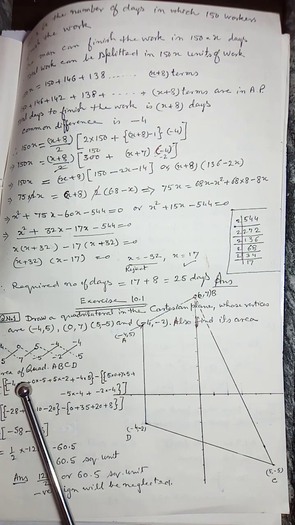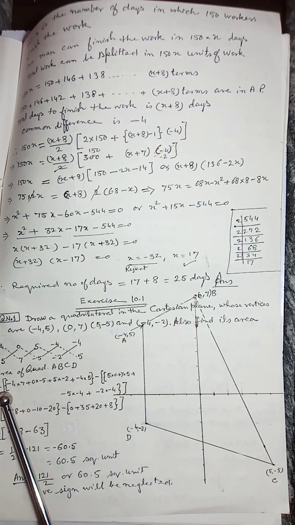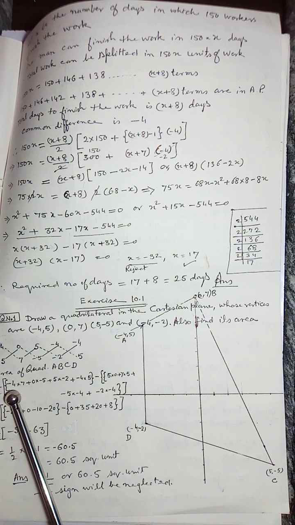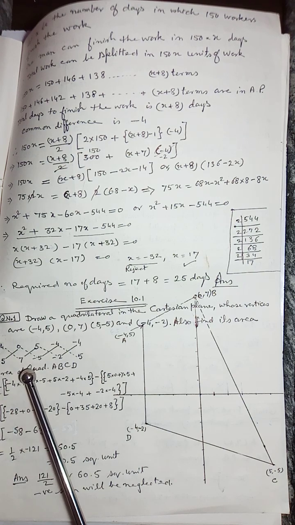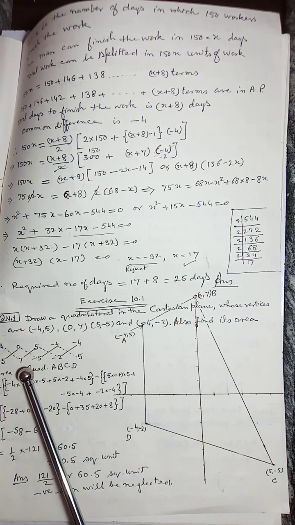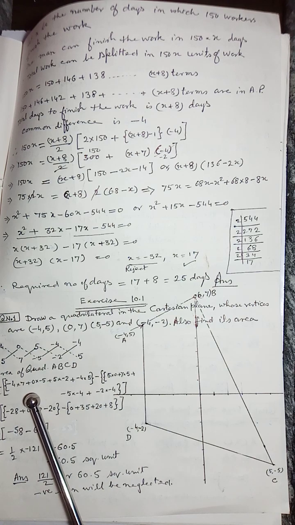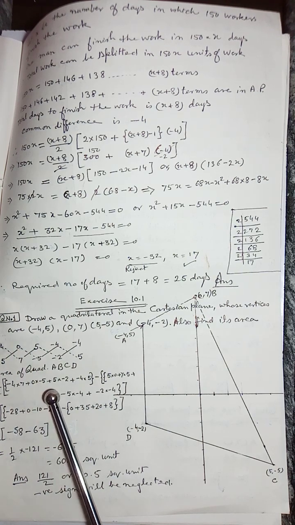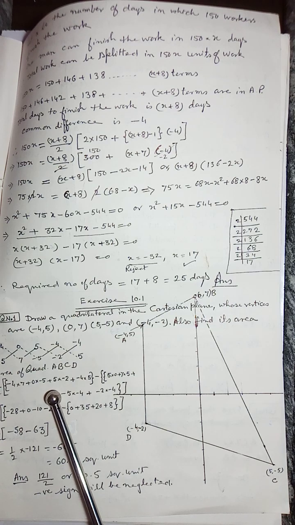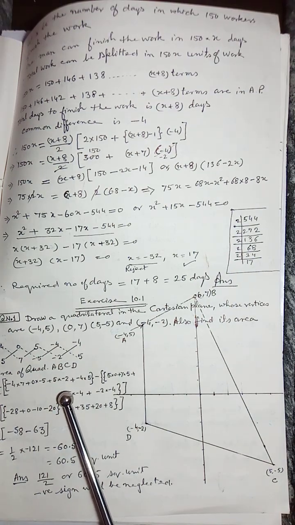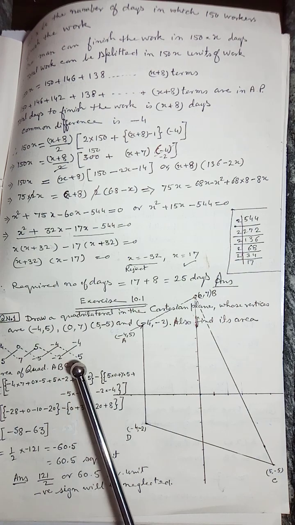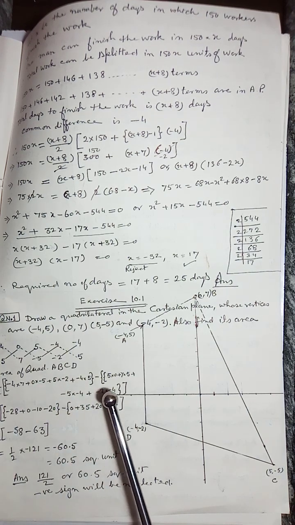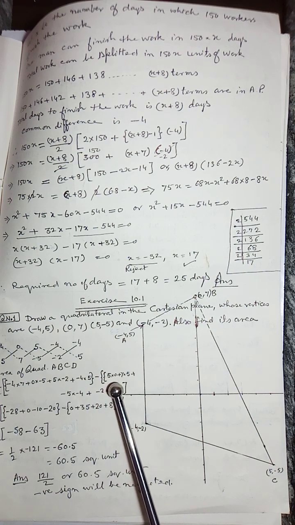And while you are multiplying from left downward to upward, at that time you have to include the minus sign. Here you see, area of the quadrilateral ABCD is equal to 1/2 in bracket: -4 into 7, plus 0 into -5, plus 5 into -2, plus -4 into 5. After that, bracket closed, minus, again start the bracket, that is 5 into 0.